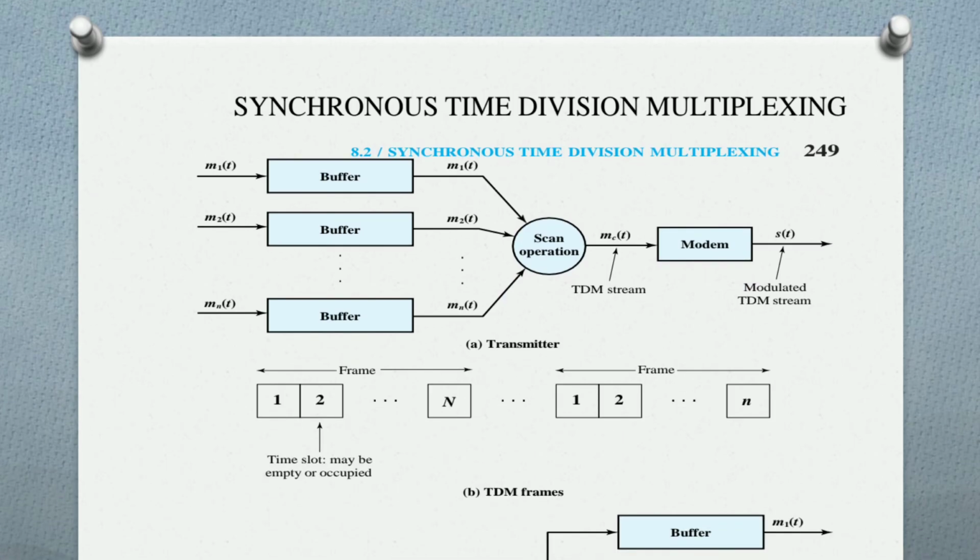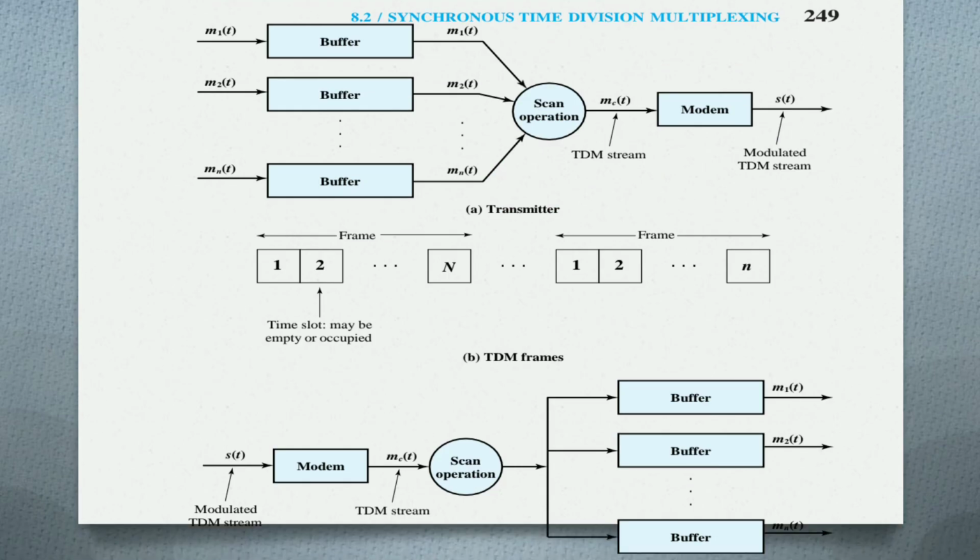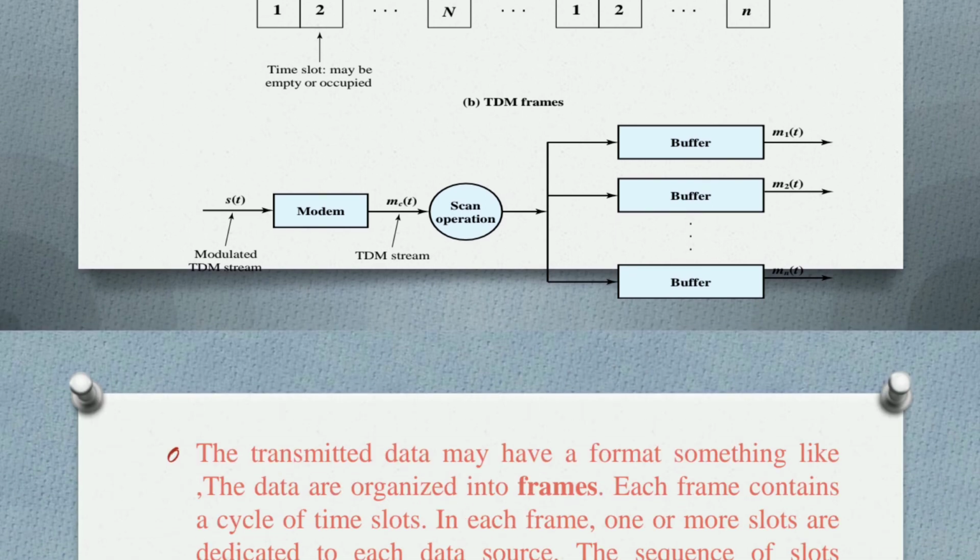Synchronous time division multiplexing is possible when the achievable data rate, sometimes unfortunately called bandwidth, of the medium exceeds the data rate of the signals to be transmitted. Multiple data signals can be carried on a single medium by interleaving portions of each signal in time. This is based on synchronous time division. The transmitted data may be organized into frames of channels, and the modem will convert the analog into digital based on the TDM stream.